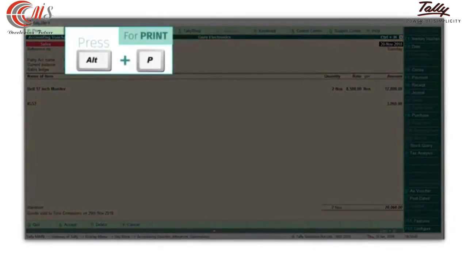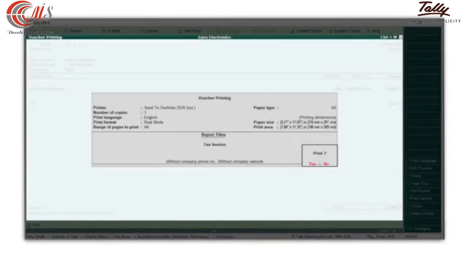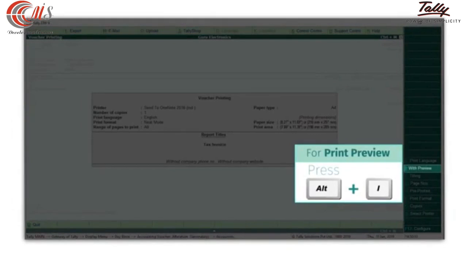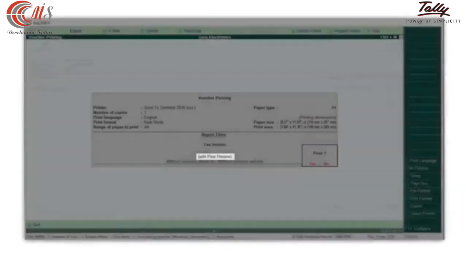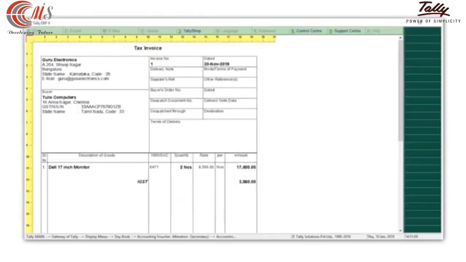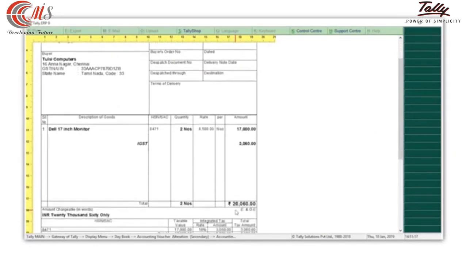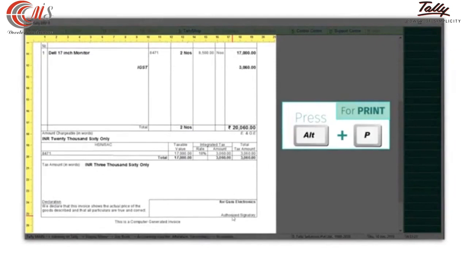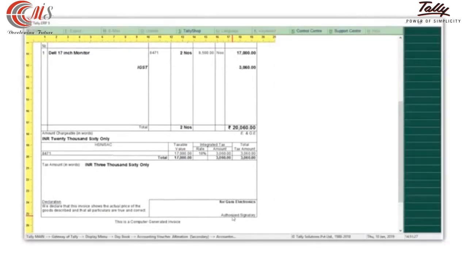Press Alt-P to print. If you want to see the preview of the invoice before printing, press Alt-I for preview. Press Y to print. Press F4 to zoom. All the details required in a tax invoice are automatically captured here. Press Alt-P again to print the invoice. Recording purchases and sales in Tally.ERP 9 is just that simple and quick. All you need to do